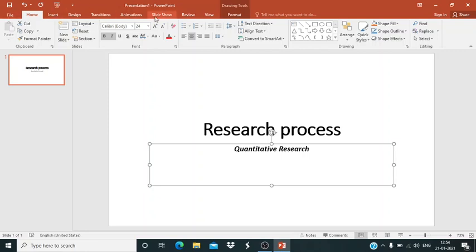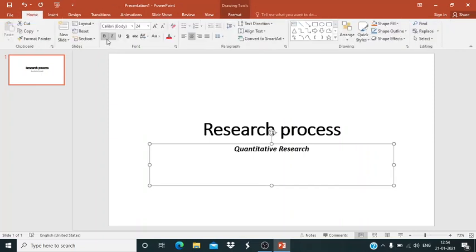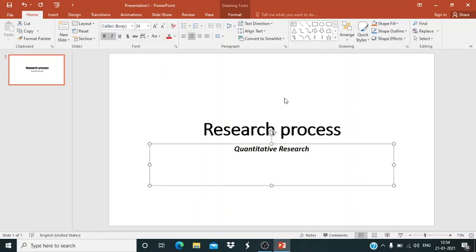Now I know that there are certain basic tabs in the top portion of the PowerPoint, and under each tab when I click, certain groups are opened up in the ribbon. So this much I know, and if needed I can highlight it, I can place it into italics. If needed I can even change the font, I mean the style. That also can be changed, the color can be changed. So I find so many options over here.